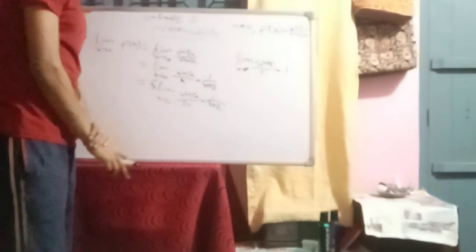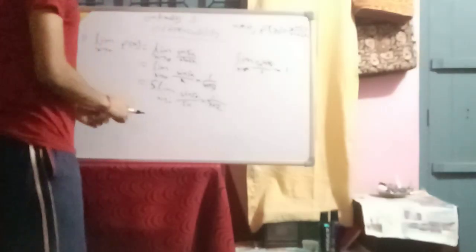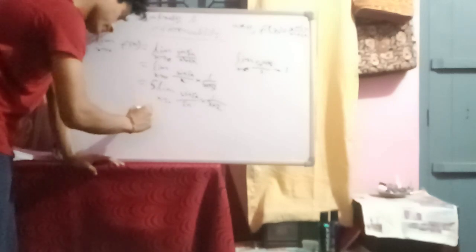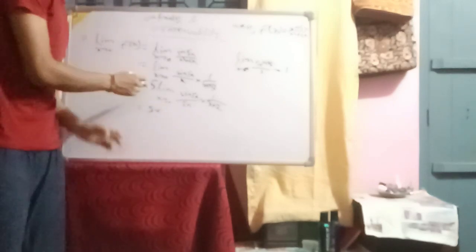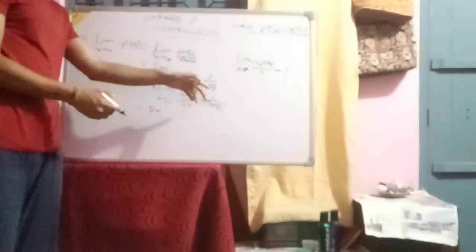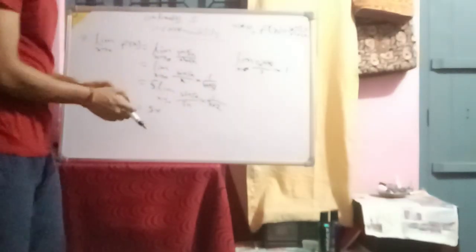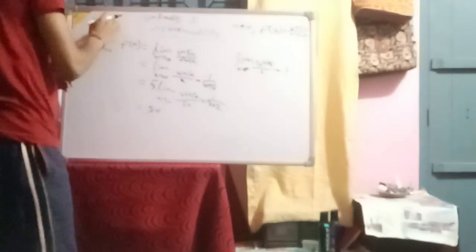Now the reason I multiply by 5 here is that this way I will get sine of 5x over 5x. Now when x becomes 0, of course 5x also becomes 0, so this would become 1. You might be wondering why I multiplied by 5 outside the limit and divided by 5 inside the limit. I don't think there should be any confusion regarding that, because